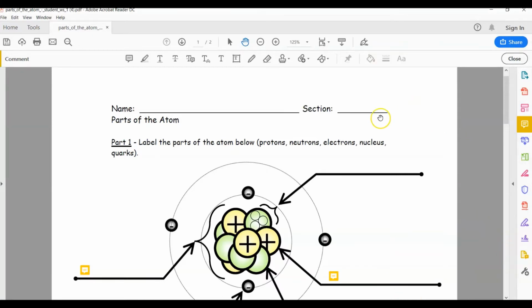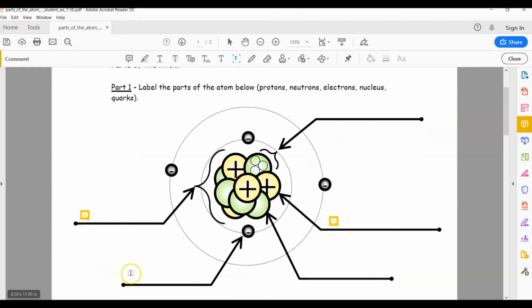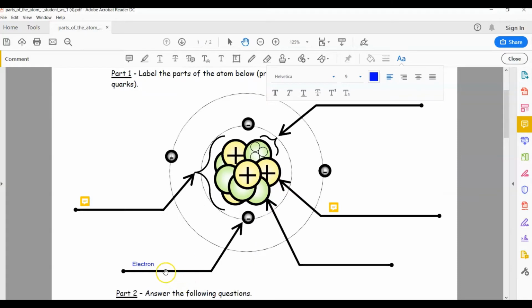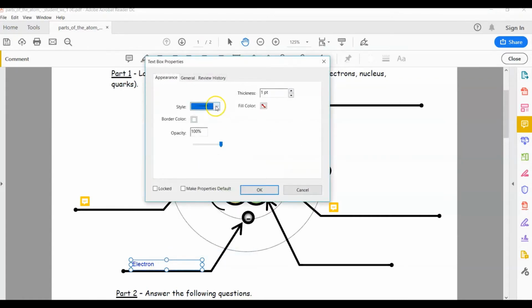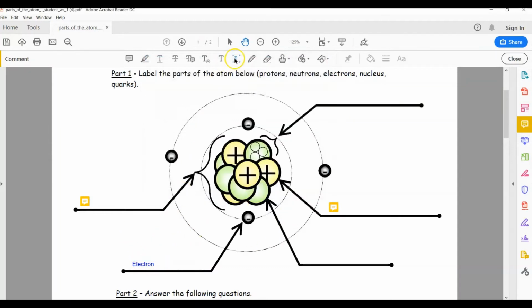You also have the option to add a text box. So I can click on the text box, drag where I want, and I can type. You can format your text box by hovering over, right-clicking, and clicking on Properties. Here you can decide what color you want the border, what color you want the outline, and then you can click here to make that your default. So I'm going to leave my default like that. Then anytime I want to click a text box, I just click